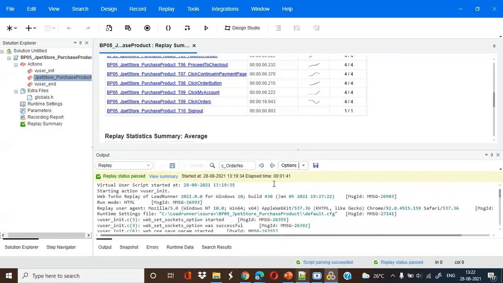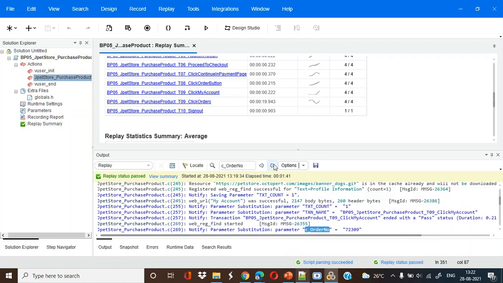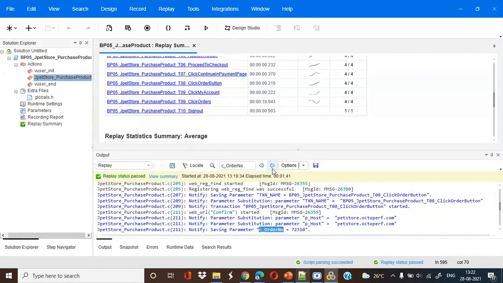Now it's time to check 4 different order IDs. So first order ID 72309, 72310, 72311,